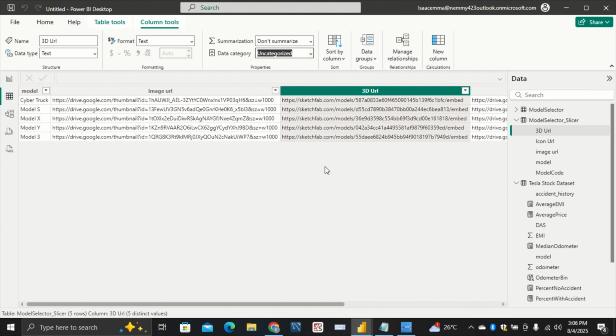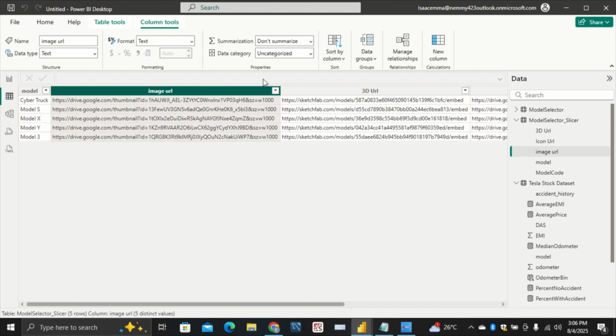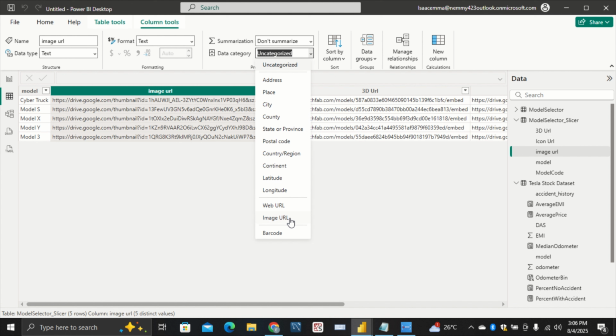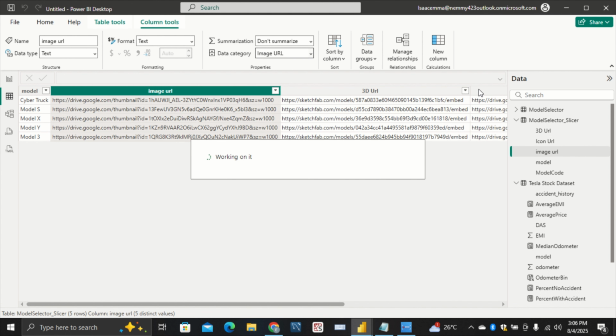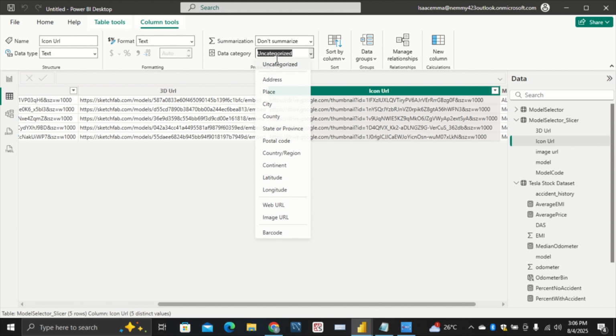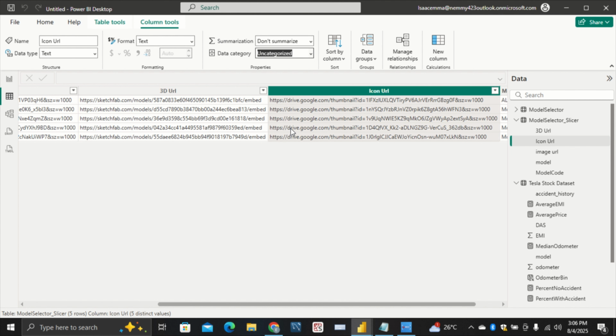This one, make it an image URL. This one, make it an image URL. I think we were able to do this earlier. I think so. But regardless,